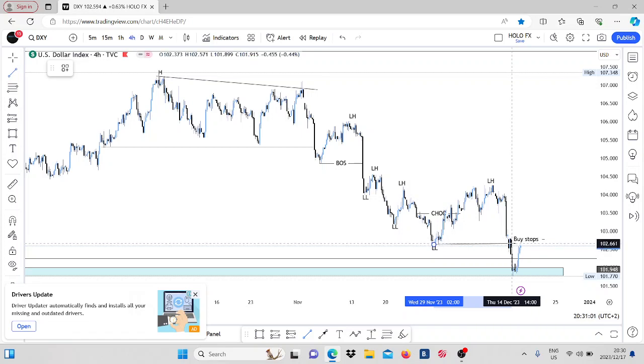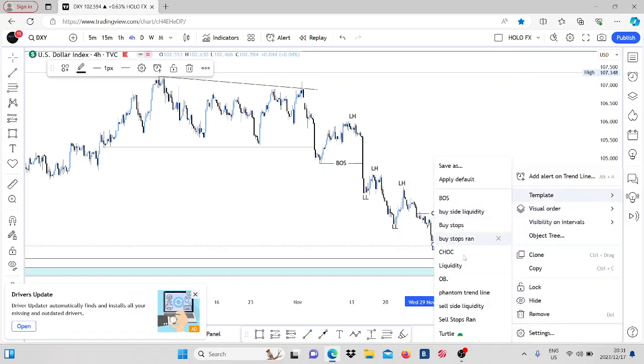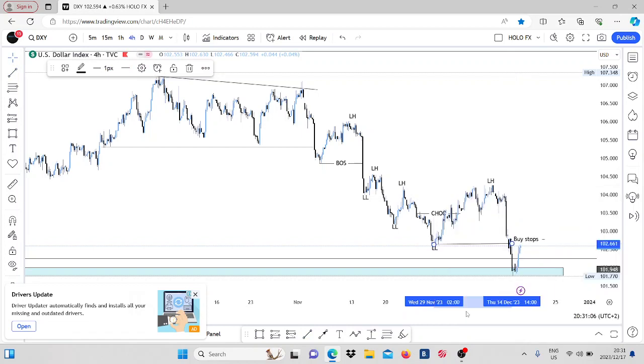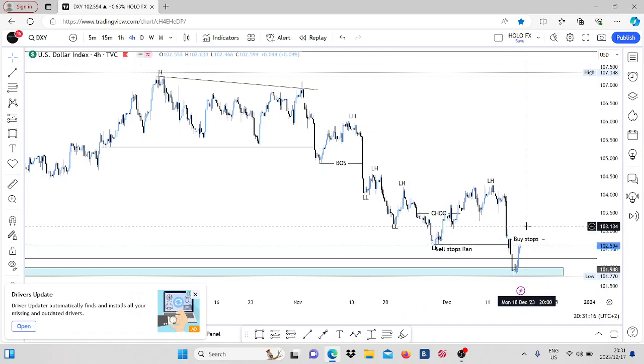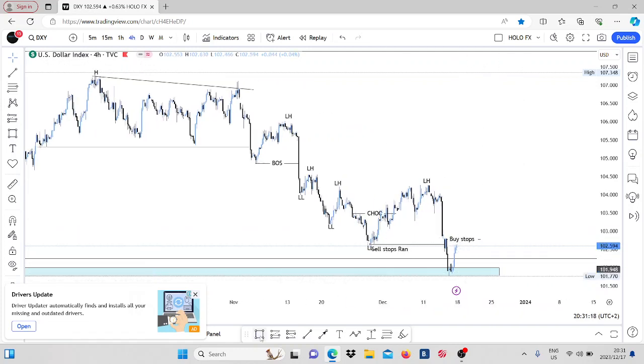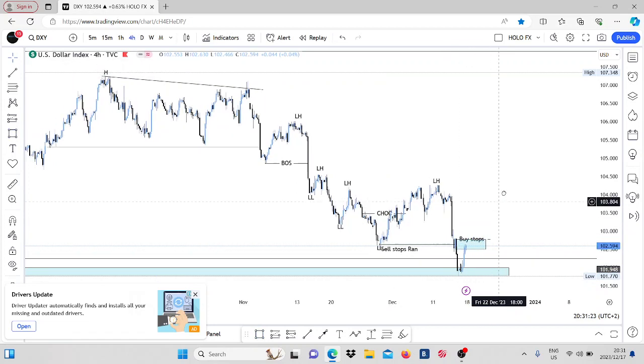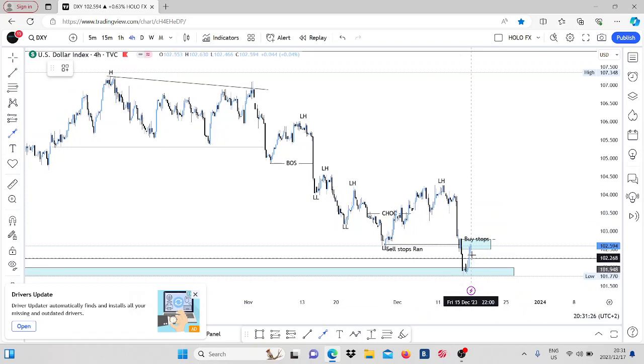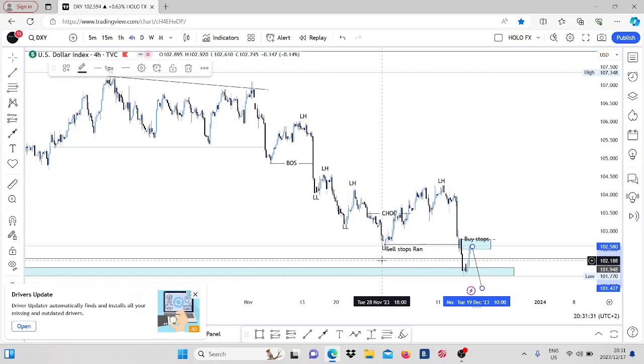Initially we broke this sell side, we took the sell stops, right? So initially what can happen is one or two things. Where we are right now, we see an order block, right? We could drop once the market opens and take out these stop losses, or